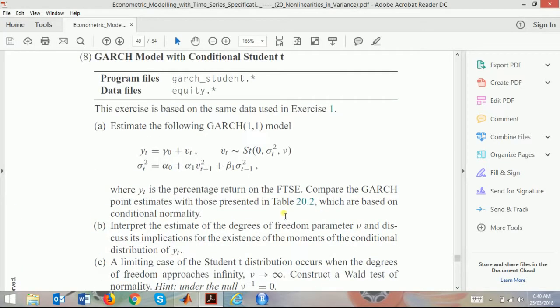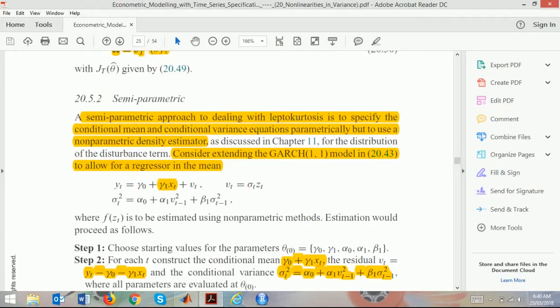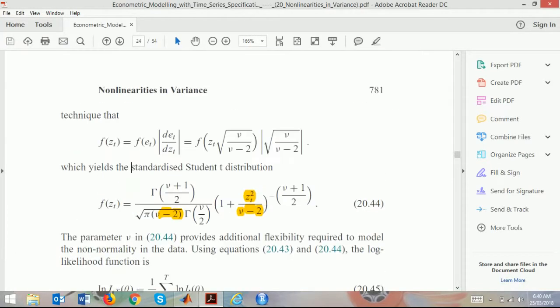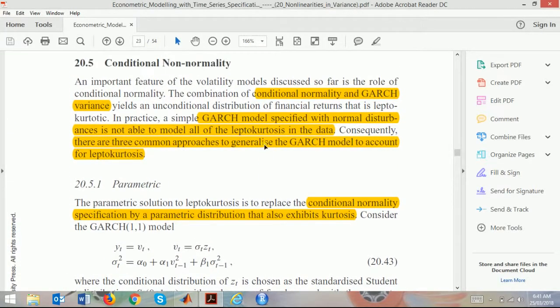So this problem revolves around the distribution of GARCH, and why student's distribution is important, because we need to understand that when we specify a GARCH model from normal distribution, then we will not be able to capture all the leptokurtosis in the data or the volatility in the data basically. So we combine conditional normality with GARCH variances,